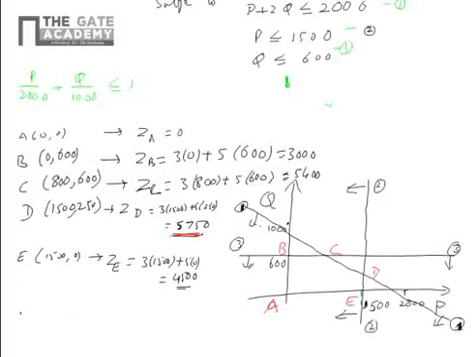So that point is called the solution, and the maximization of the objective function has the value 5750, and the point is